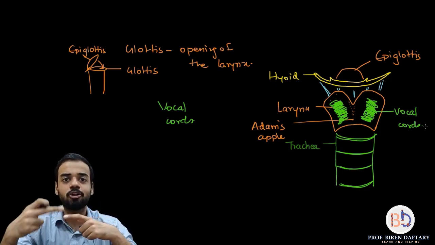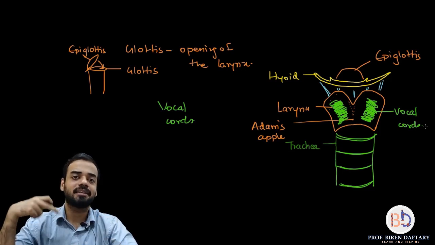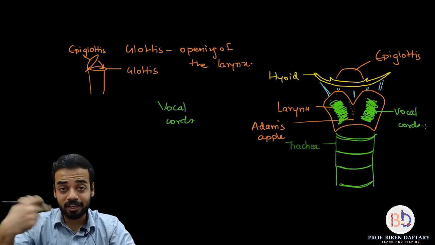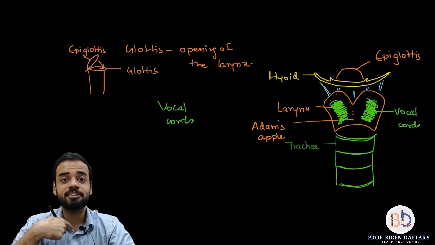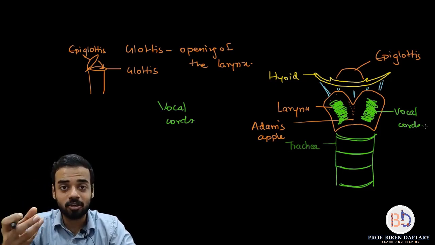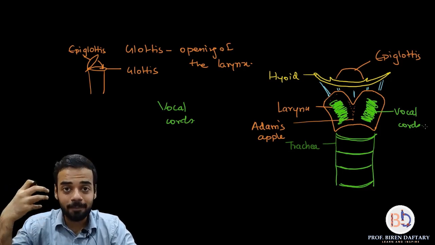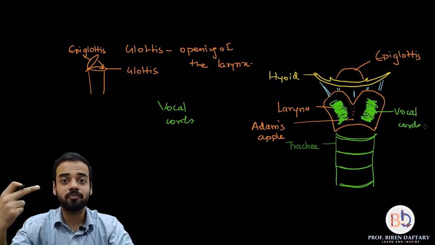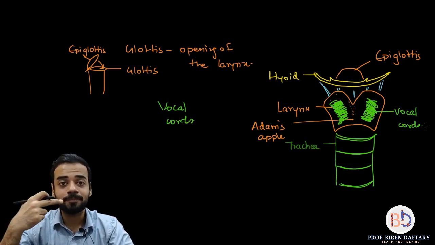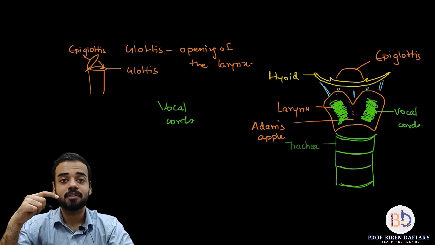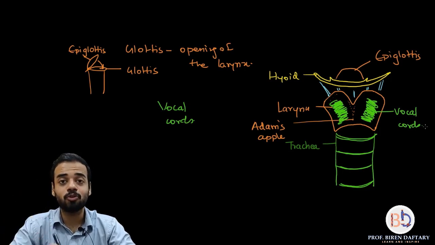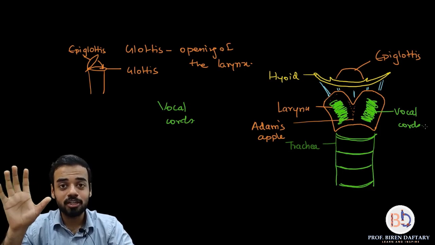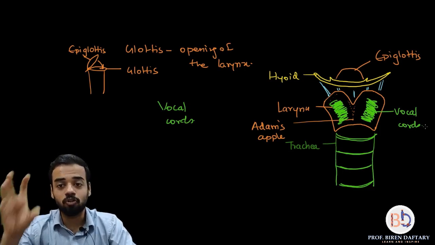Okay, and that noise or sound then enables us to create a voice. So when we speak, or right now when I'm speaking, air is passing through the vocal cords and creating a sound. The sound which I am making is also caused by the movement of my lips, my teeth, my tongue, and also my nasal cavity. So when you are suffering from a cold or when your nose is blocked, you know that your voice sounds different. Is this clear? So vocal cords are responsible for sound formation.